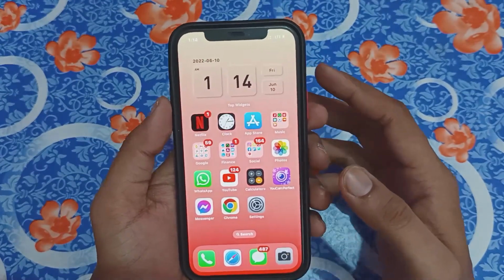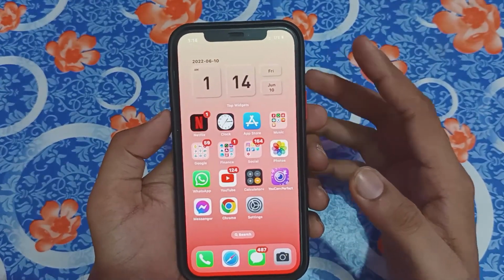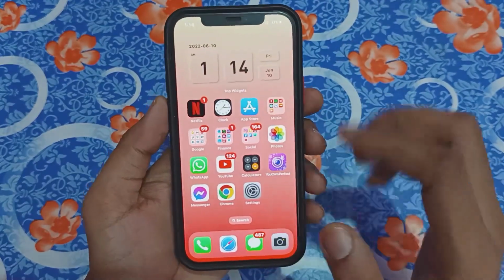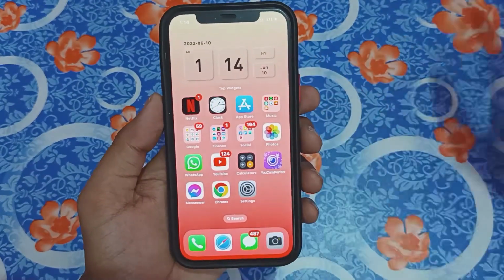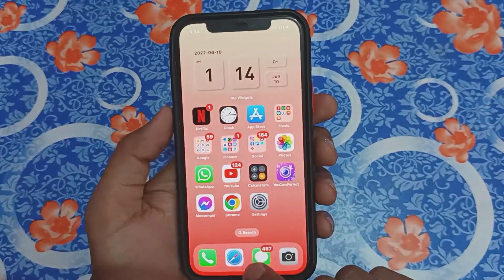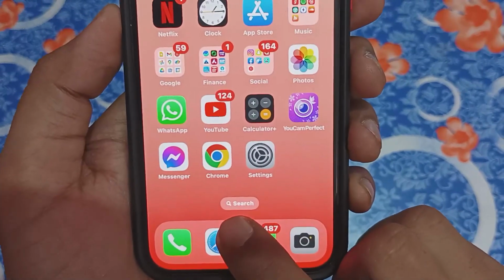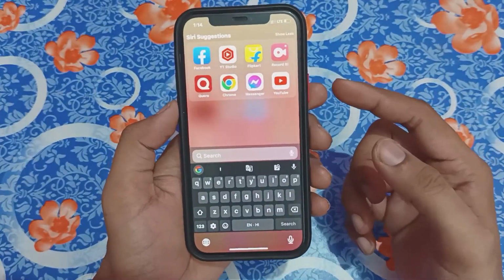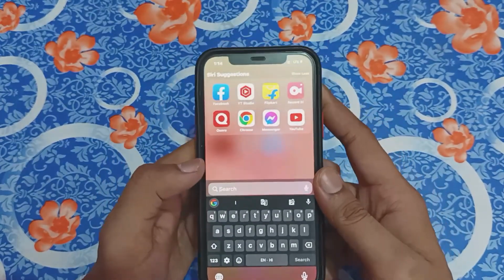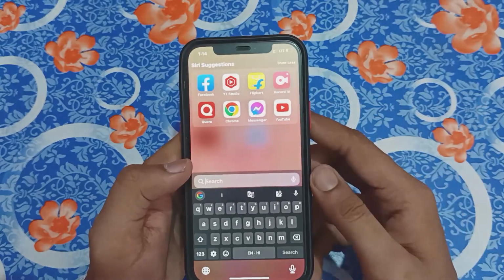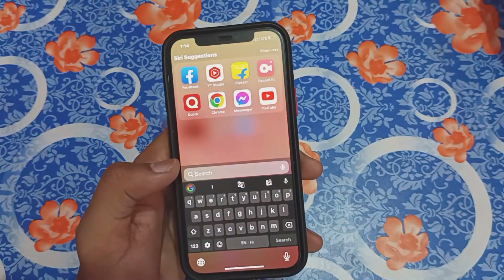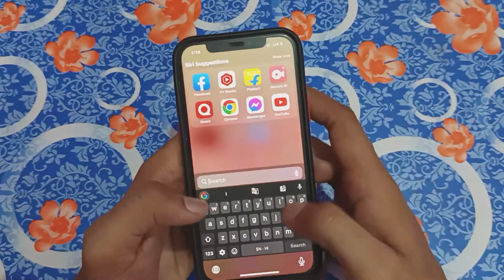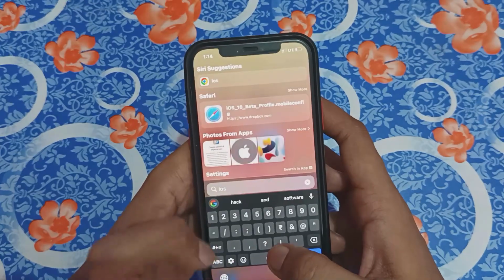Talking about the third big change, which I feel is the search. Now you can search from the home screen itself. Here you can see there's a dedicated search option. As you click the search button, it opens the search menu, and the search is now a lot more seamless. Like if I search for iOS 16,